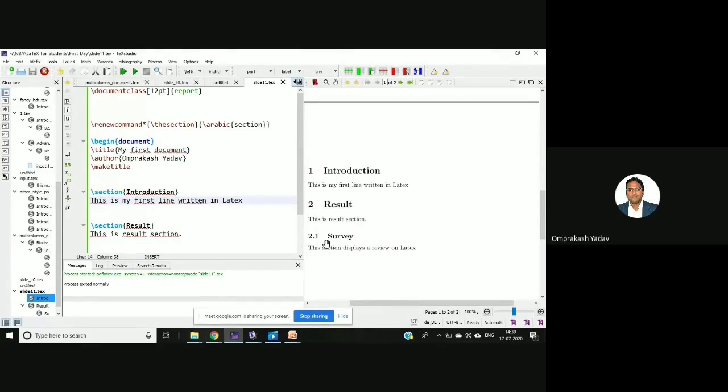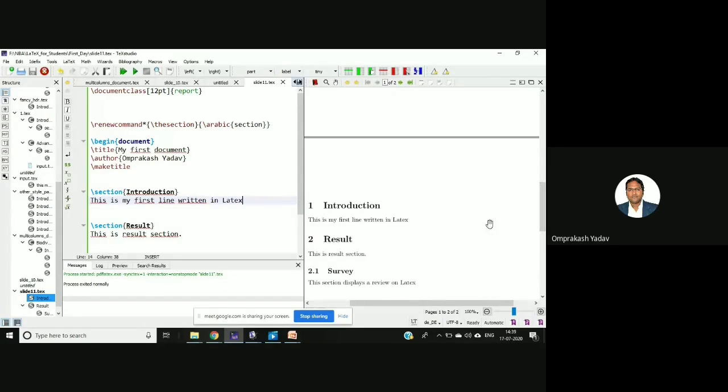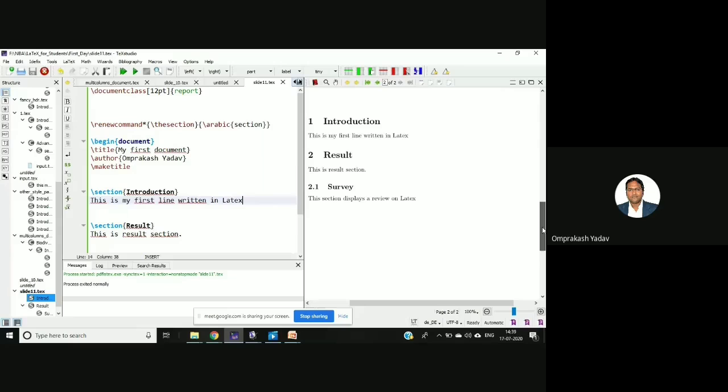So I hope this thing is clear. My intention was to tell you how to create this report. Second thing, how you can create a section inside that and then a subsection in that particular report. And it's not only this one or two kind of numbering system. Later we'll be seeing in this particular session how to change to different numbering styles. But here there is an option